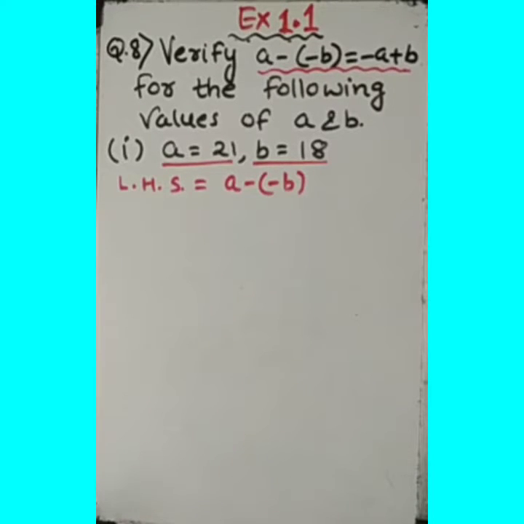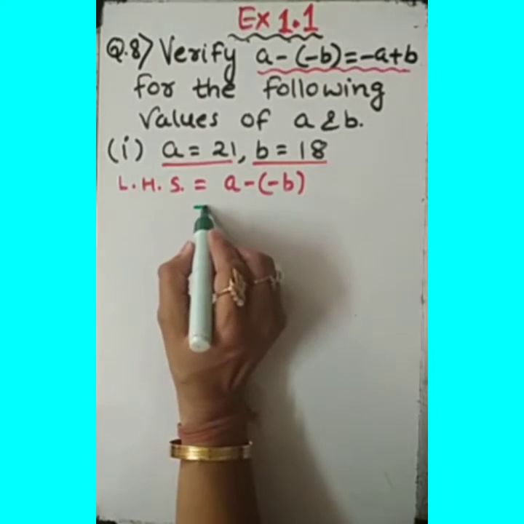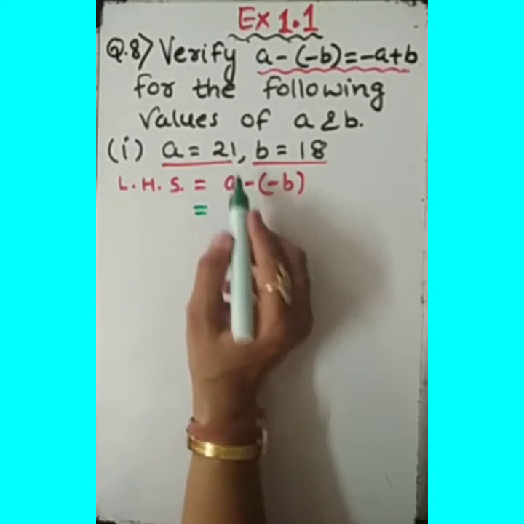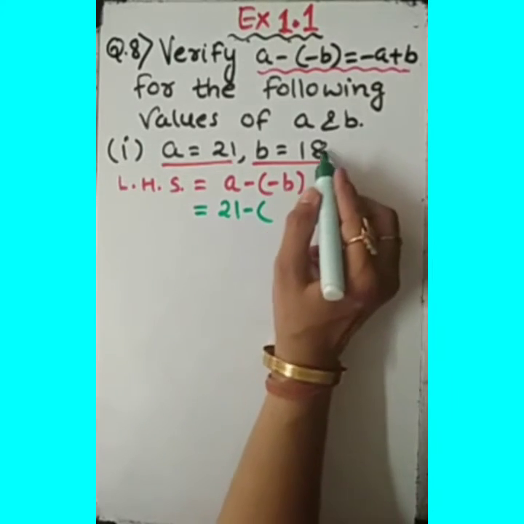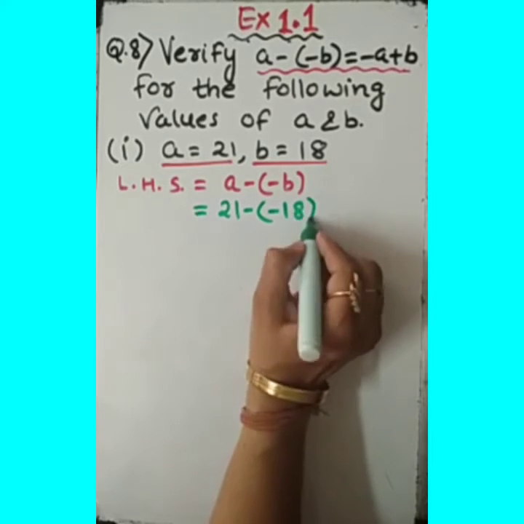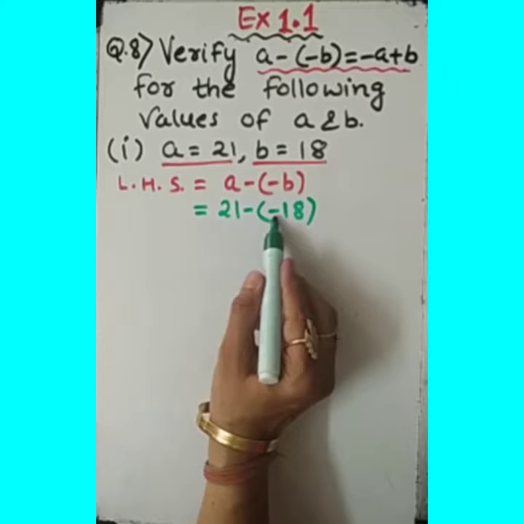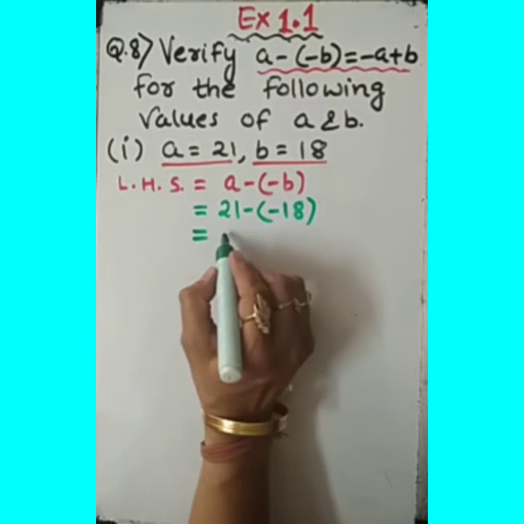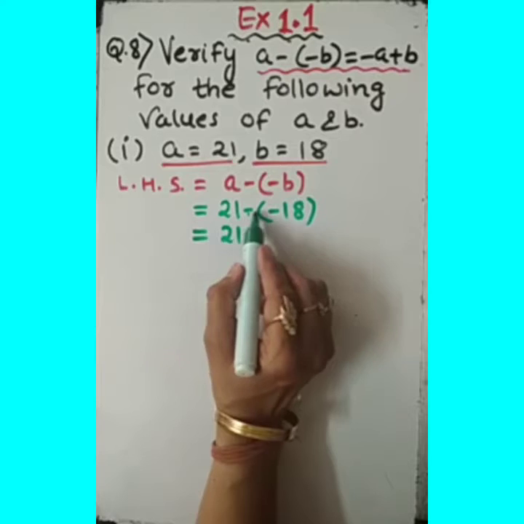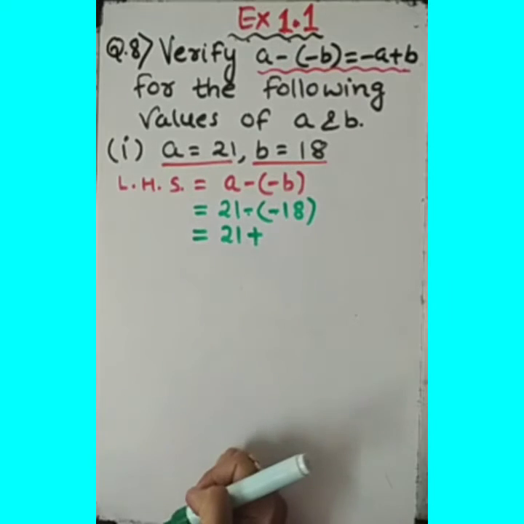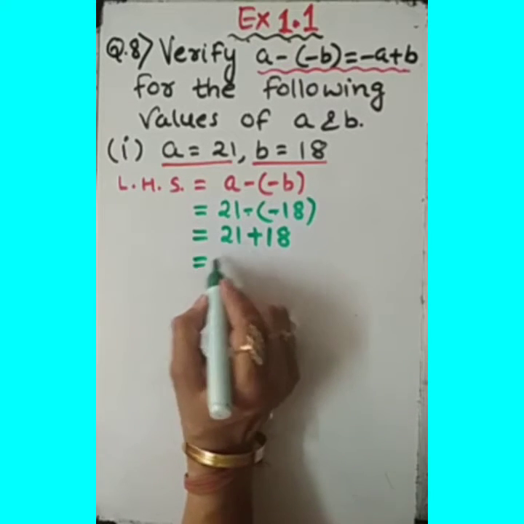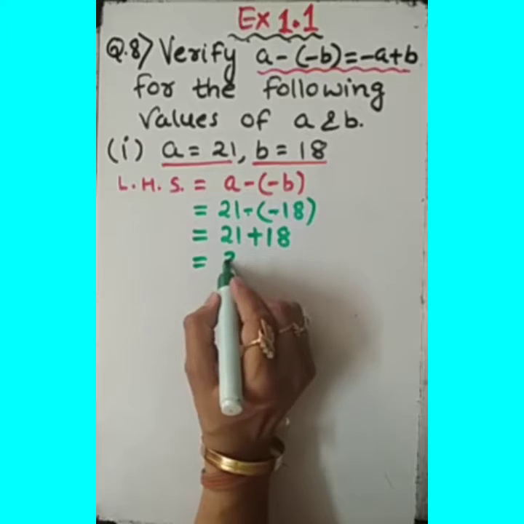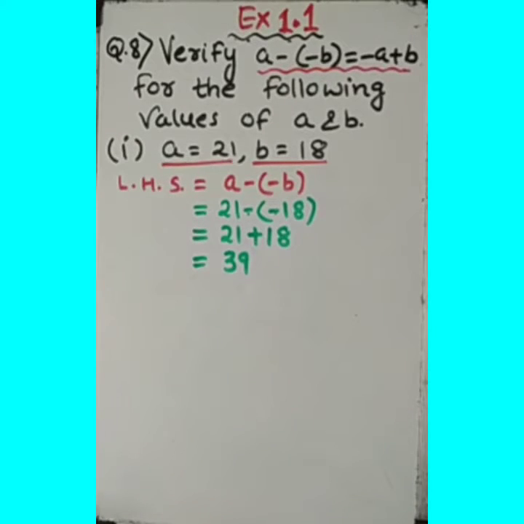Now we are substituting the value of a and b in that. What is the meaning of substituting? Means putting the value. In place of a, I am writing here 21. In place of b, I am writing here 18, but along with the sign. Now how to simplify? All of us know very well, minus minus is plus. Now the addition of this will come 21 plus 18, it gives the result 39. Let it be as it is.